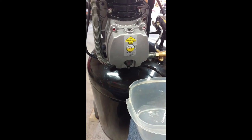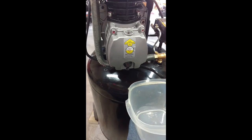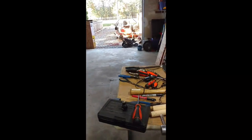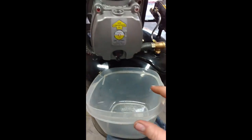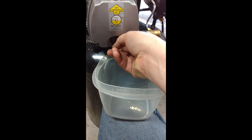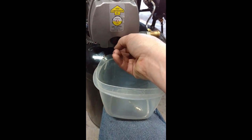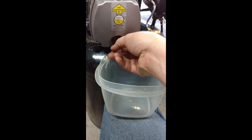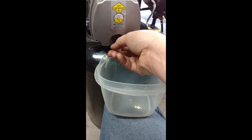Everything has been run and broke in for 30 minutes, like the instructions say. And in those 30 minutes, I was able to make a lot of progress on my mess in here. So it is time. It was a little loud in here. Should have had some earplugs on, but I didn't have any. Gets old after 30 minutes. Five minutes, it'd be alright, but